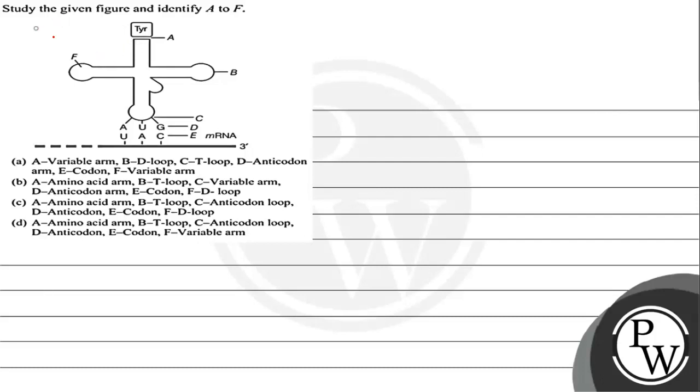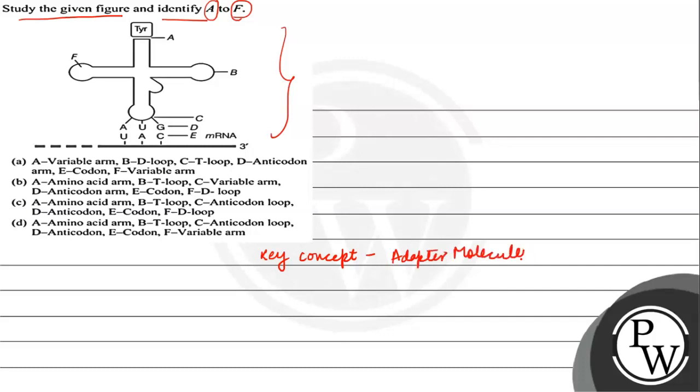The question says that we have to study the given figure and identify the variables from A to F. So this is the figure and these are the options. So the key concept is an adapter molecule which talks about